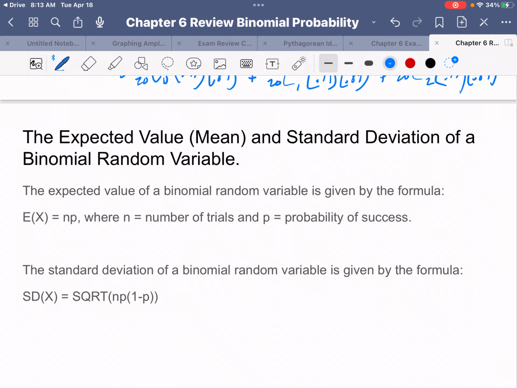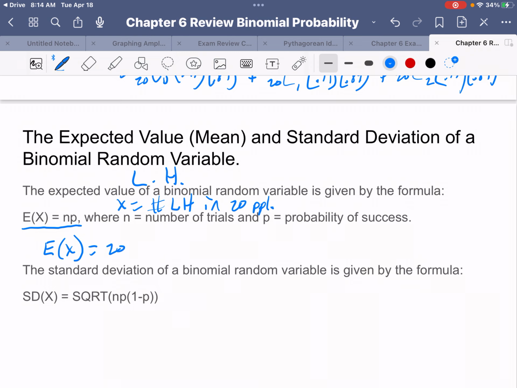We also learned how to calculate the expected value, also known as the mean, and the standard deviation of a binomial random variable. The expected value of a binomial random variable is E(X) = np, where n equals the number of trials and p equals the probability of success. So, for example, on our left-handed problem, the expected value of X, where X equals the number of left-handers in 20 people randomly selected, is equal to